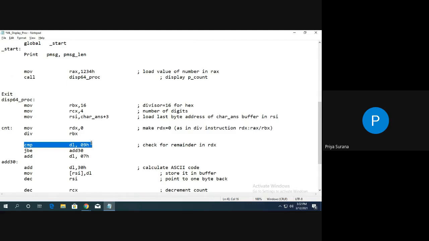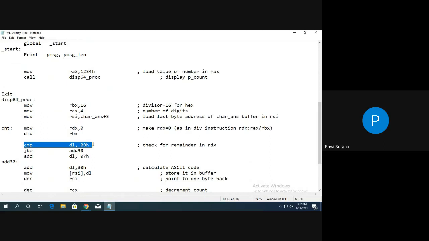We are comparing it with 9. See here, for 0 to 9, the ASCII value is between 30 to 39. So if the number is between 0 to 9, after division we will get a remainder. For example, 1234 divided by 16, we will get 4 as a remainder, and it will be in the DL register.